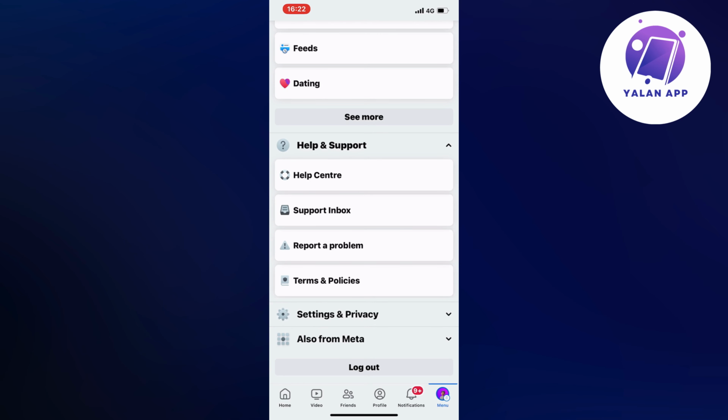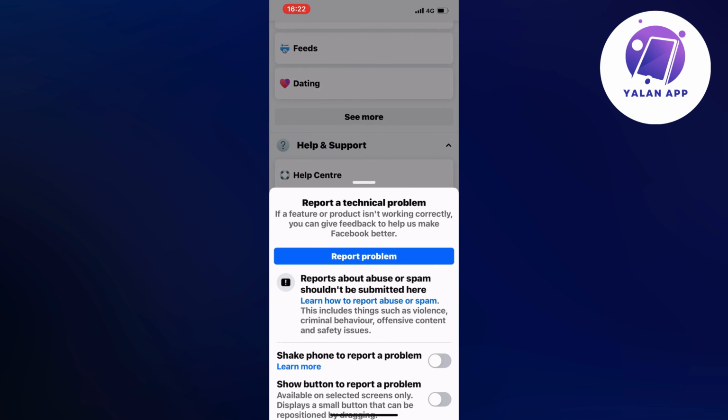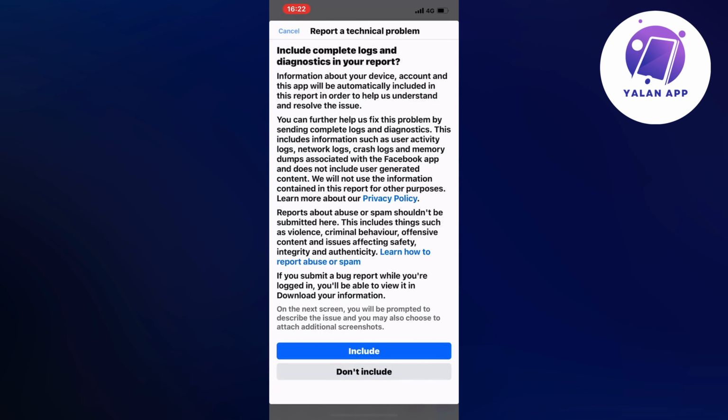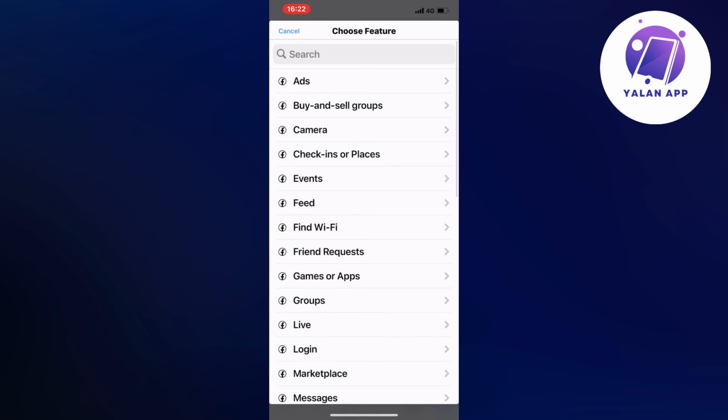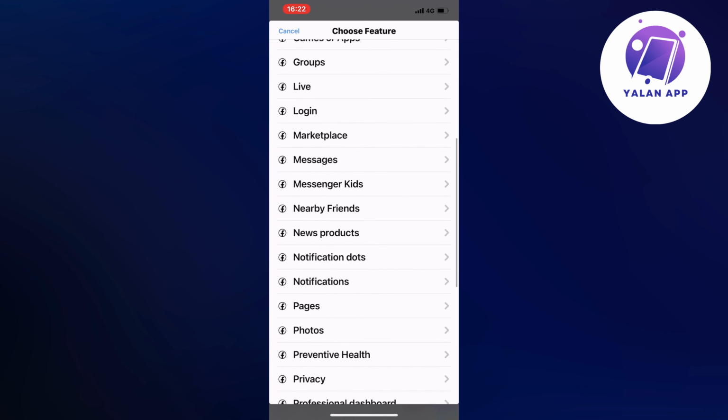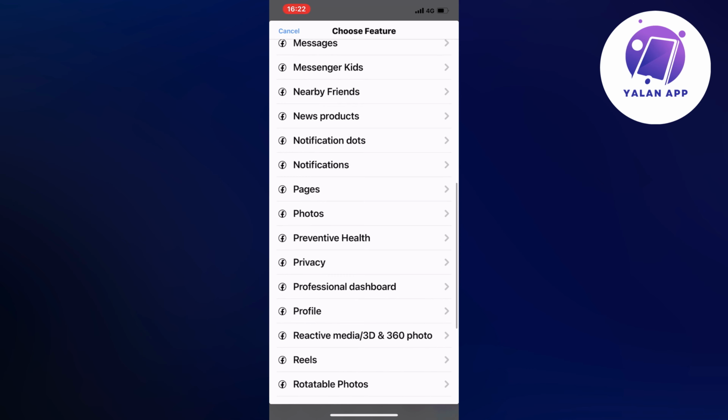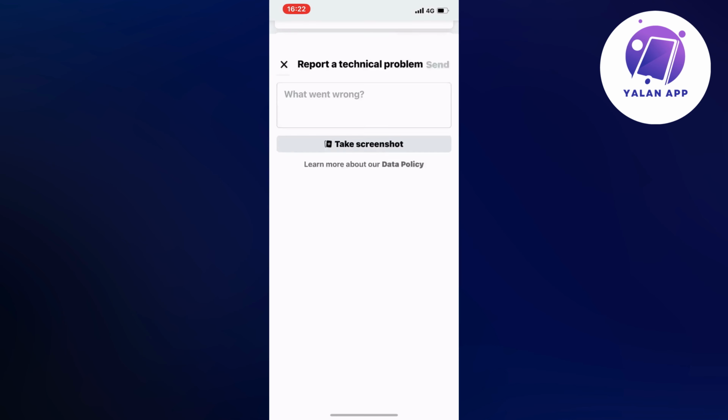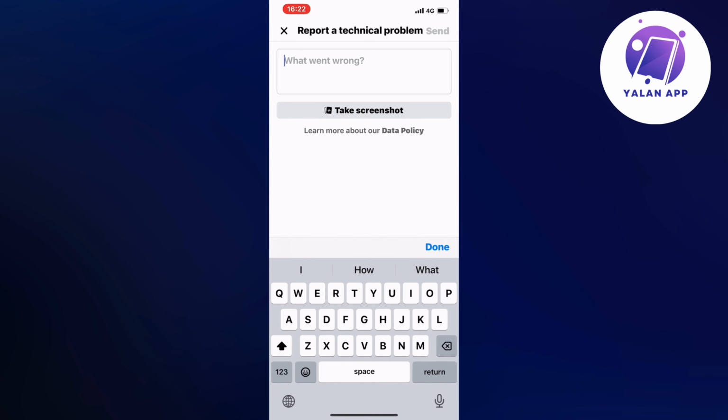Now you're going to actually be taken here. Click on report a problem. Once again, click on report a problem. Click on include in here, and then it should take you to this page right here, which is perfect. So now you're just going to scroll down until you can find where it says photos in here. So click on photos, and now we need to write exactly like this to the Facebook support to be able